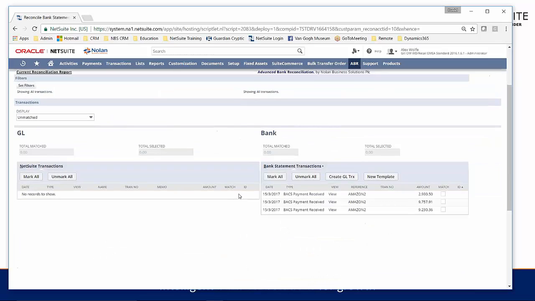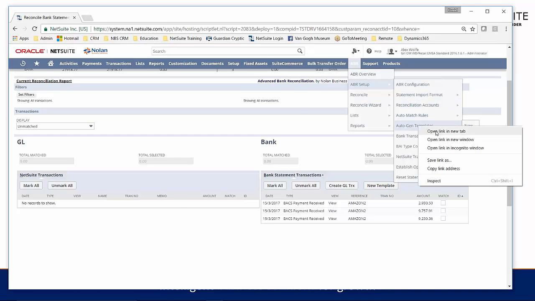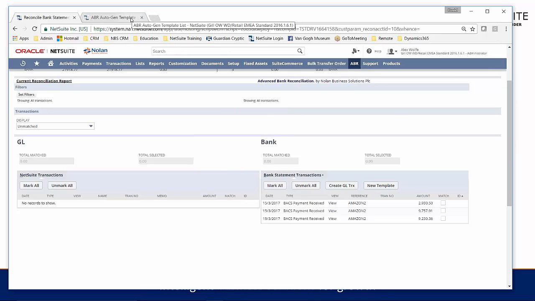Here we can see the payments received. Actually, there isn't anything in NetSuite to match this because this is where we are really just receiving the information externally first. So what I want to do is to just create a payment record for these, which will go in against this account Amazon 2, to which I can then create whatever I want to match them against within my accounts. So looking at the auto generation template for this one,